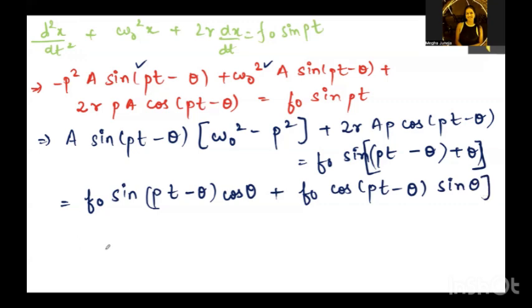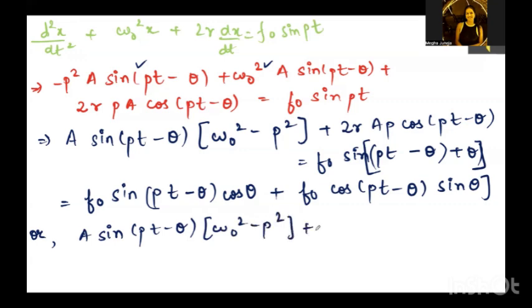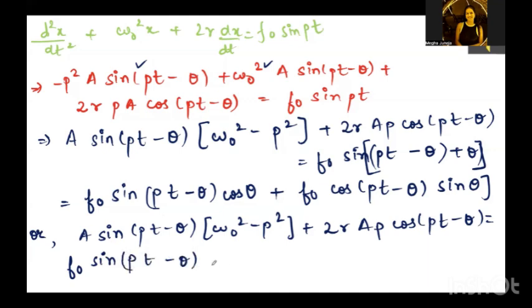Correct. So now similarly, अब हम इसे ऐसे भी लिख सकते हैं. So we can also write it as A sin of pt minus theta times omega naught square minus p square plus 2 r a p cos of pt minus theta. So basically left hand side as it is, and this will be equivalent to f naught sin pt minus theta cos of theta plus f naught cos pt minus theta